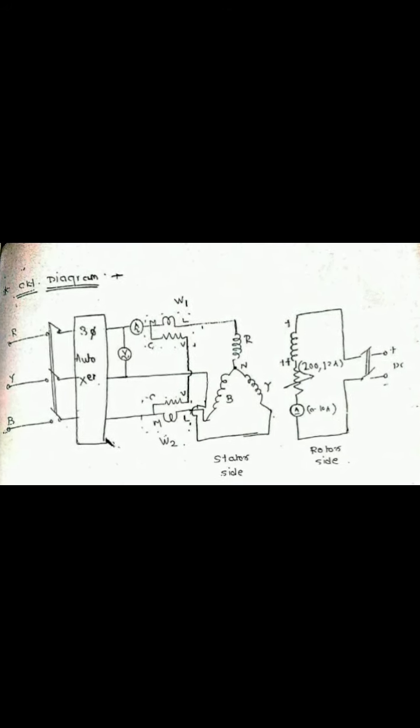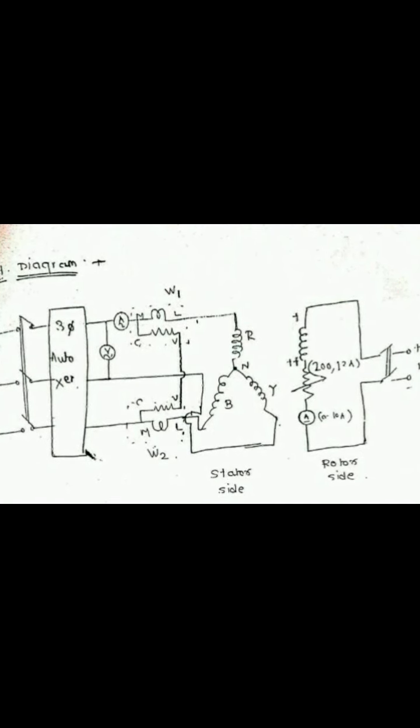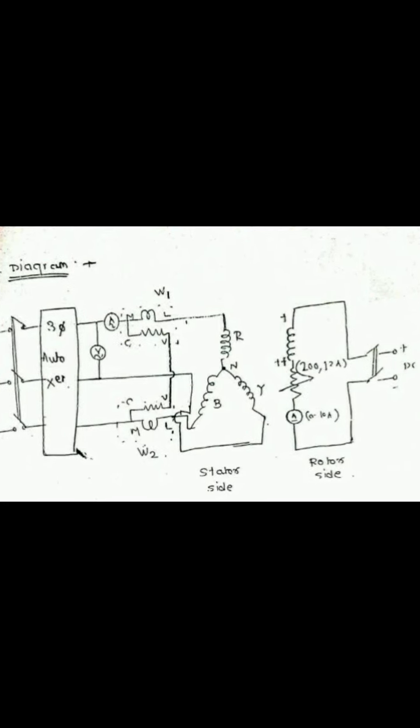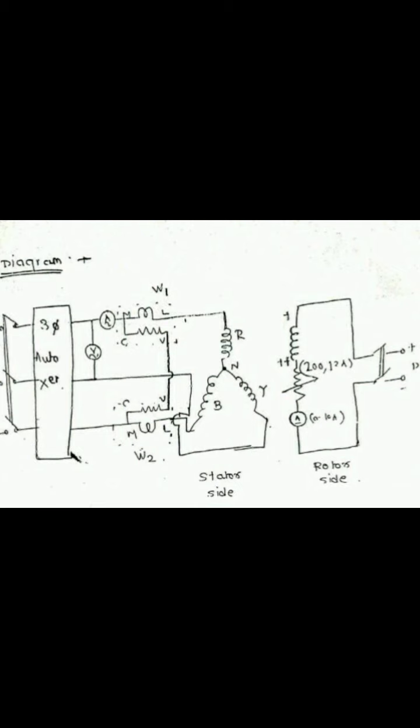For measurement of power, as we know the fundamental formula for power, that is P equals root 3 VL IL cos phi, and for getting the value of phi for the inverted V curve, we require the value of cos phi. So we want to get the value of P from the W1 and W2 readings. That's why we are connecting two wattmeters. One wattmeter, W1, is connected in the R phase, and the second wattmeter is connected in the B phase. The wattmeter current coil shows the ML, and the pressure coil shows the CV connection.